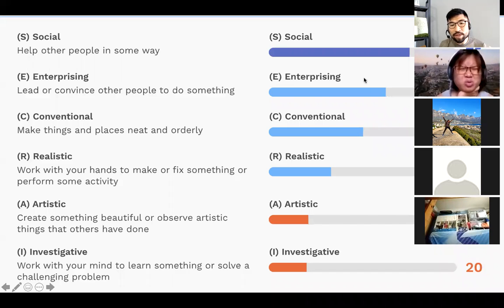If today some of you do the test and you find that your scores for your top three are pretty similar, like maybe 60 plus or 50 plus, and they're all about the same, that's where you have to view your code as a combination of S, E, and C. You have to view it as a combination rather than a single factor. So for me, because 75 social is quite high, I view it as a single factor.